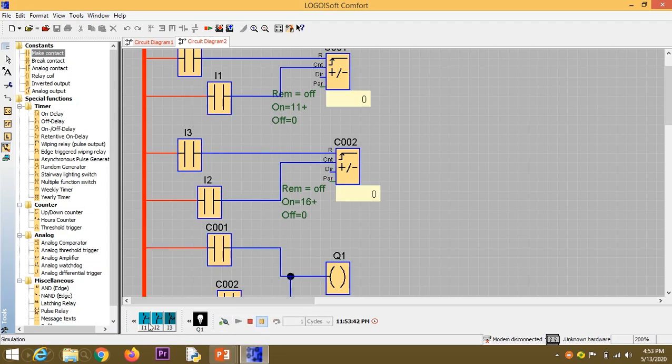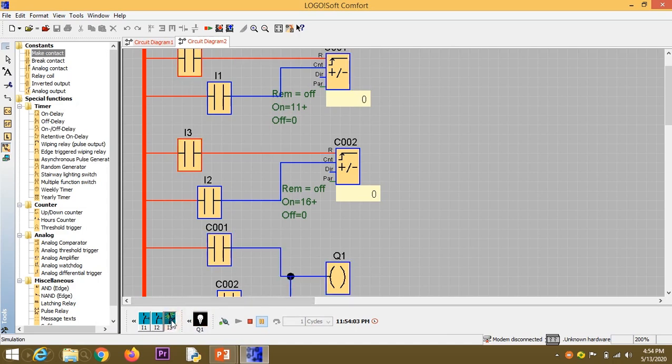Start simulating. First one it is 6, output is not coming. Second one 7, it is not coming. First one is 11, either A or B. So once A reaches 11, output is coming.